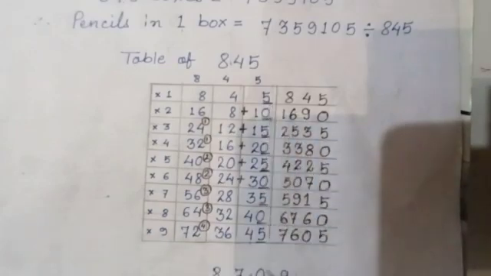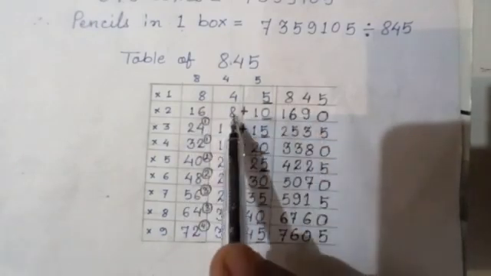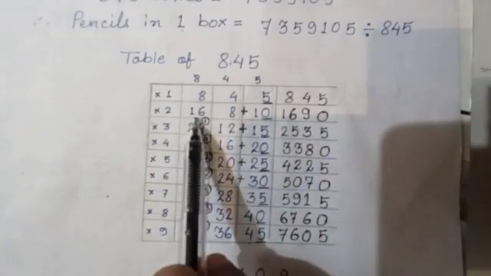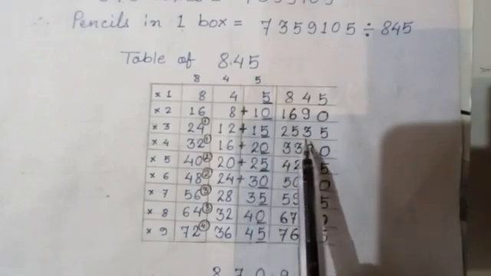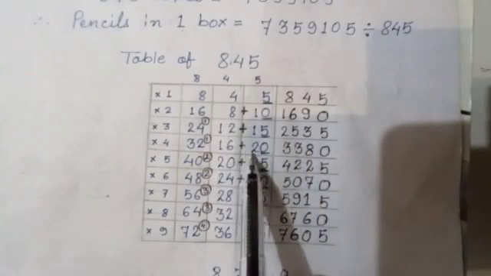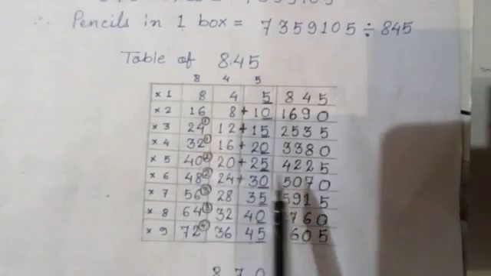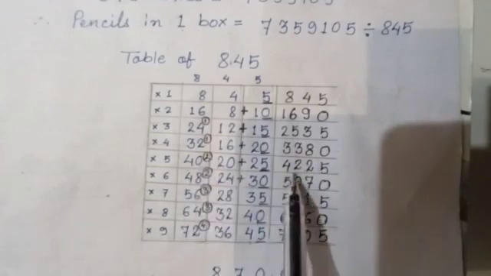Now you have to pick up the last digit: 5, 0, 5, 0, 5, 0, 5, 0. Then you have to find out the rest of the numbers. Here it is 4, here it is 8, no carry number, so 8 and 4. Here it is 8, 0 already is written, 1 is left, so 8 plus 1, 9, and then 16 you have to write. 12 plus 1, 13, 3 written, 1 carry, 24 plus 1, 25. 16 plus 2, 18, 8 is written here, 1 carry, 32 plus 1, 33. 20 plus 2, 2 is written here, 2 carried, 40 plus 2, 42.